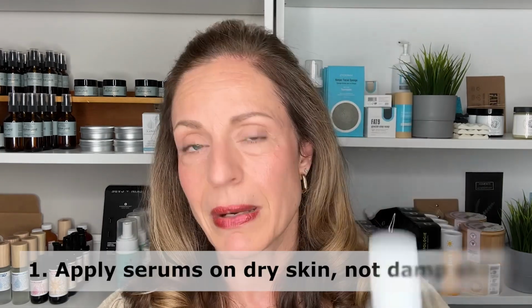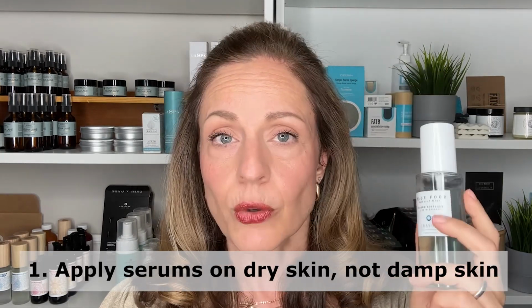So if it's a vitamin C that is sensitizing for you, or a retinol alternative, the first thing you're going to do is not apply these serums on damp skin. If you like misting, you can mist after. I mist throughout the day. I like misting before and after my products. You can mist to